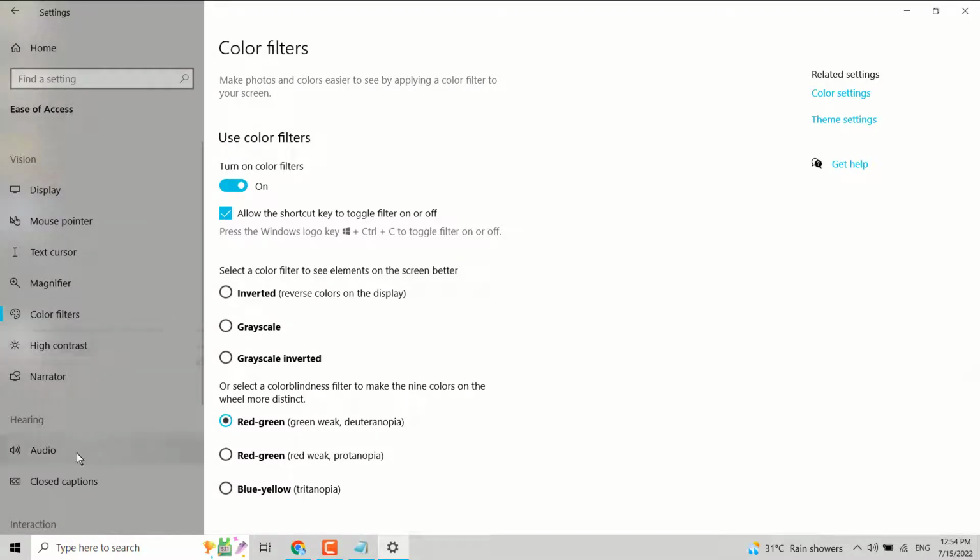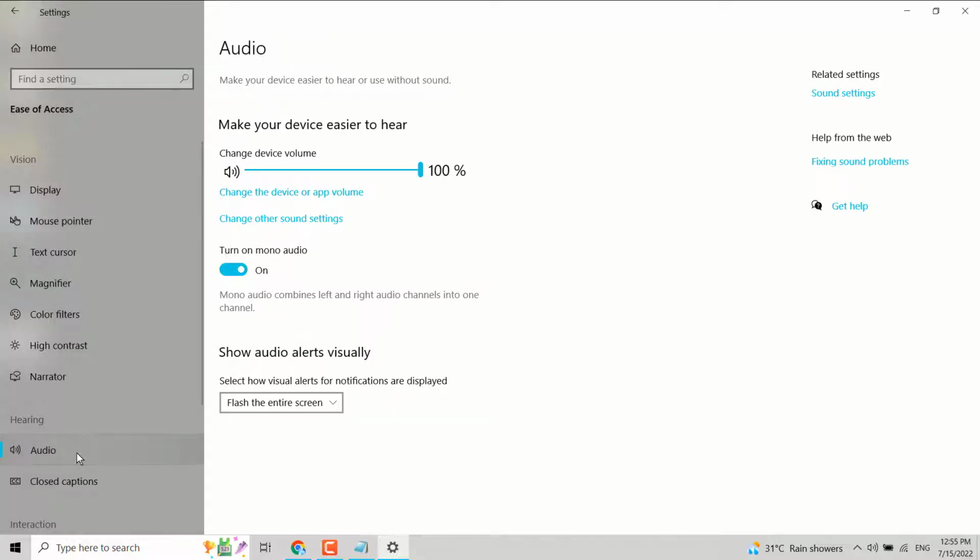then here click on audio. Now here guys you will see setting show audio alerts visually. Select how visual alerts for notifications are displayed. So there are some options like